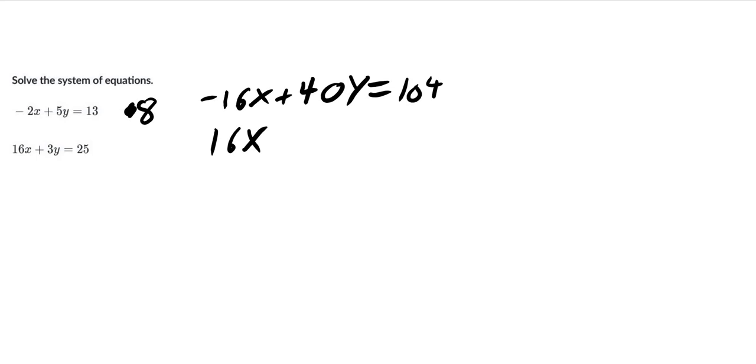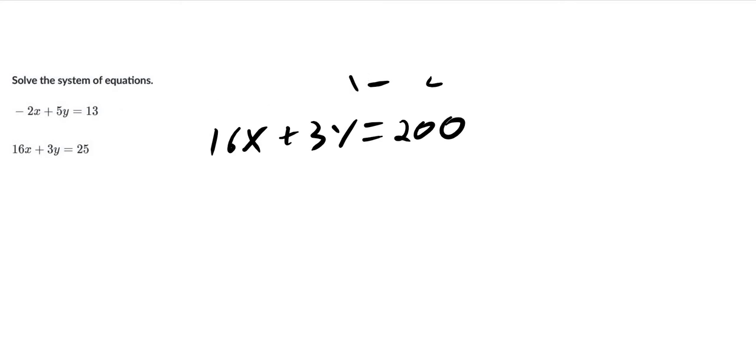I'm not going to do the whole thing here. But I want you to get this concept. You should know that you can make it so that they're eliminatable by multiplying either one or both equations, right? This way we did it by eliminating x. You can also do it to eliminate y. If you wanted to eliminate y, what you would do is